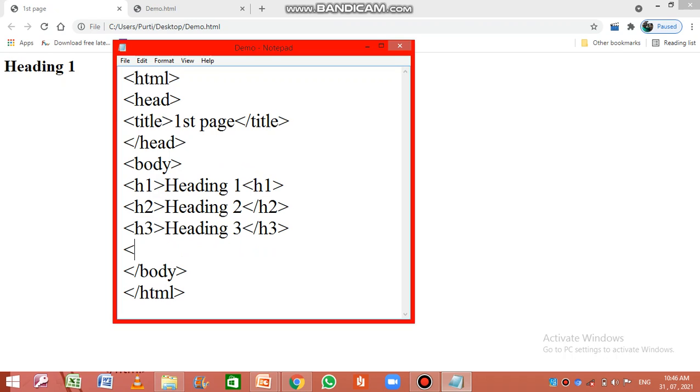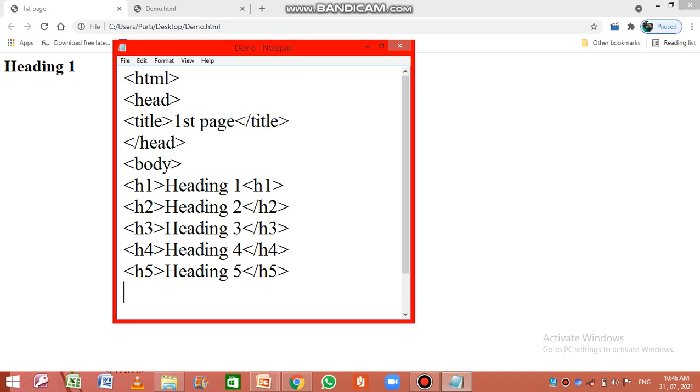This way H4, make it H4, H4 close. H5, make it H5, H5 close. Make it H6, here also H6 and H6 close. So these all are the heading labels.